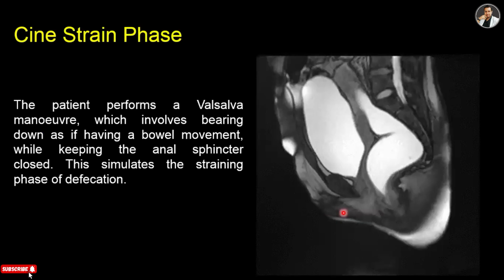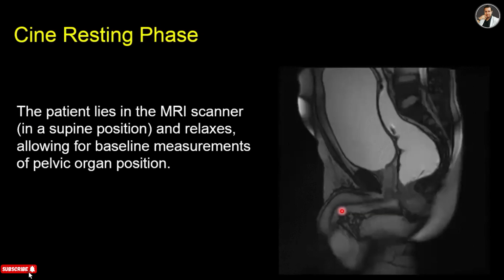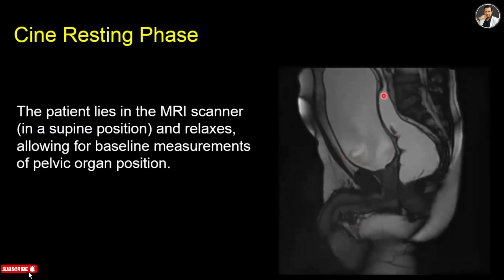So let's see again step by step, from the resting phase. So this is the resting phase. Let's see the video. You can see that this patient is doing nothing, but the bladder is filled with urine, and urine is coming to the urinary bladder. That's why you can see urine moving inside the bladder, but the rectum is in the resting phase. If you see again,